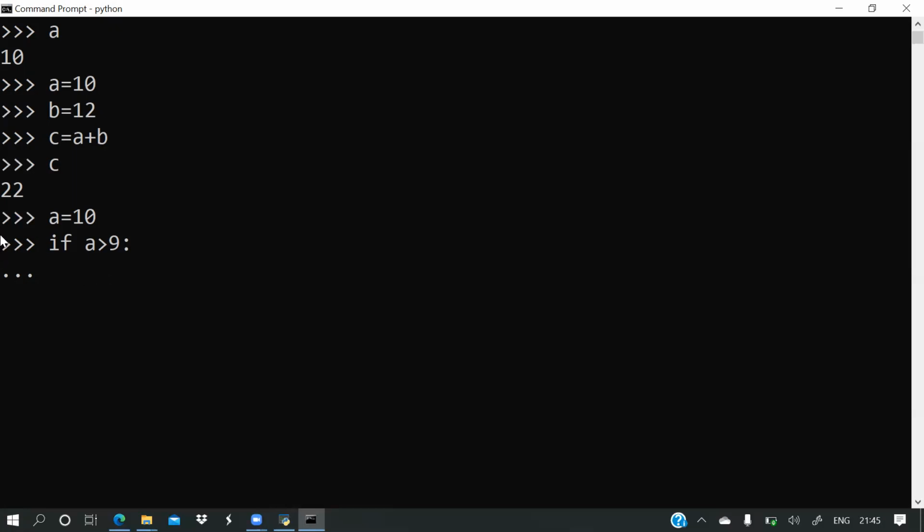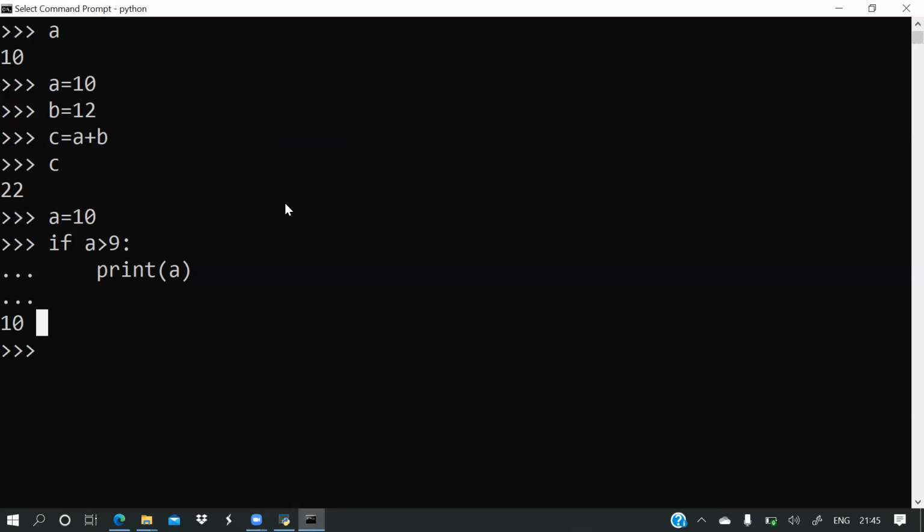These three greater than symbols are called the primary prompt, and these three dots are called the secondary prompt. Now I have to write print a. Now how to come out from this secondary prompt? You have to press enter. That's all.